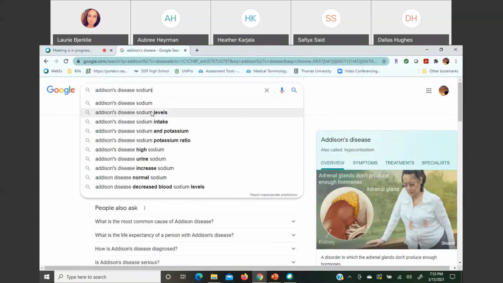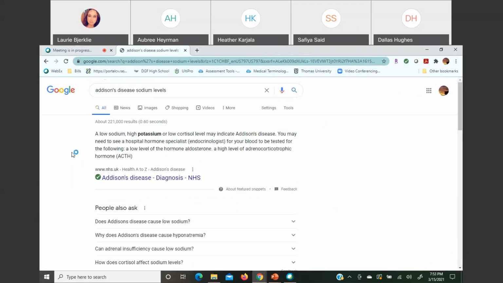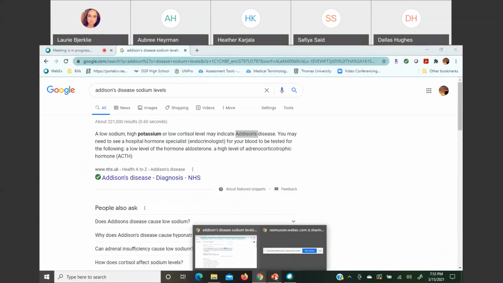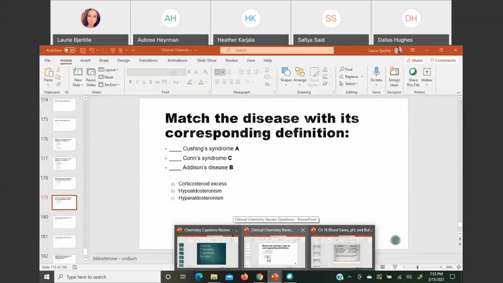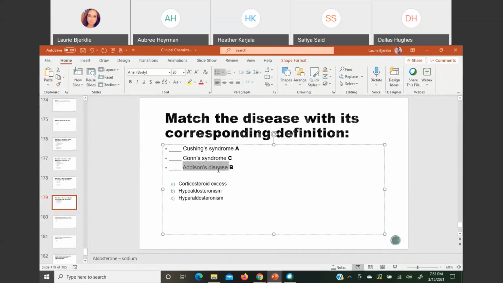I thought I had it somewhere in a PowerPoint, but it'll take me too long to find it at this rate. So again, low sodium and therefore a high potassium will indicate Addison's. So when you look at this question, like I said, if you have Addison's, you have little aldosterone, so therefore you have little sodium. Anytime your aldosterone is low, your sodium is low. Because you have little of that cation, you're going to have a lot more of the other cation, potassium, and